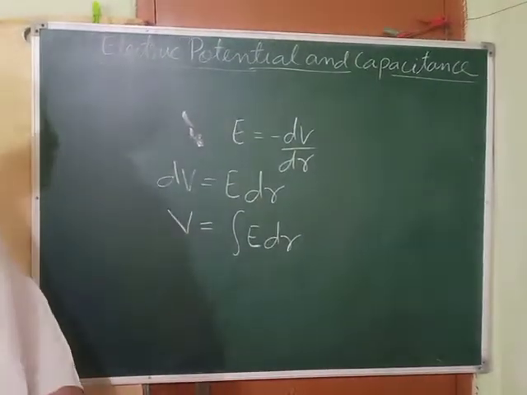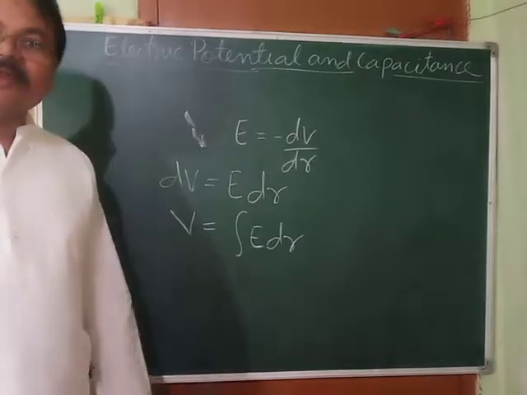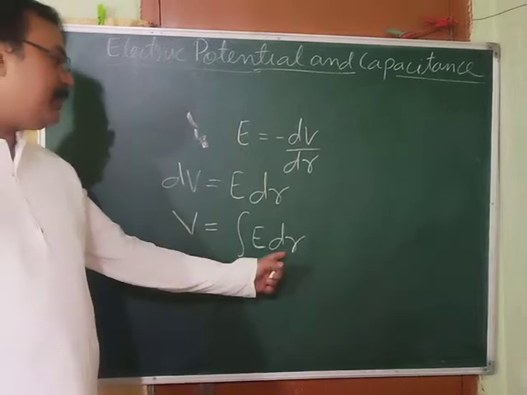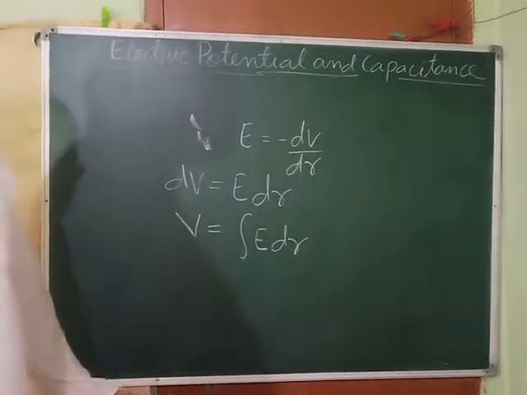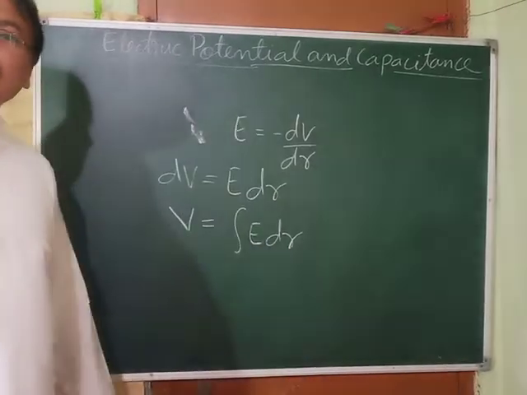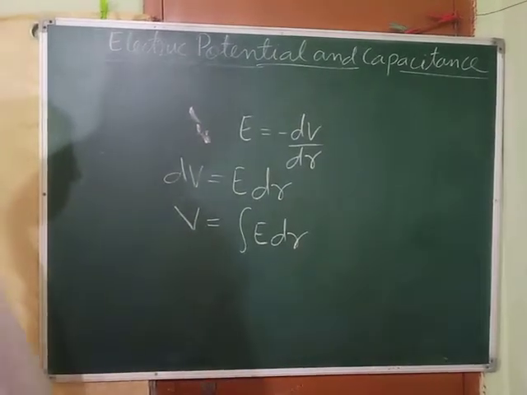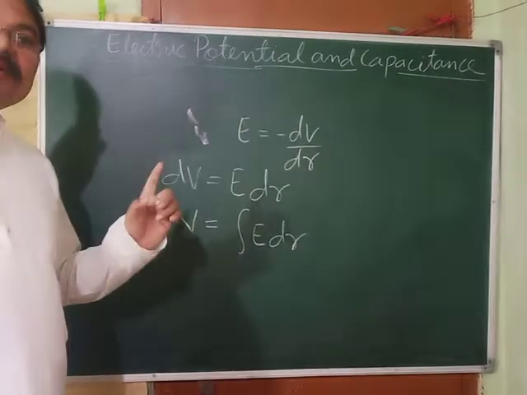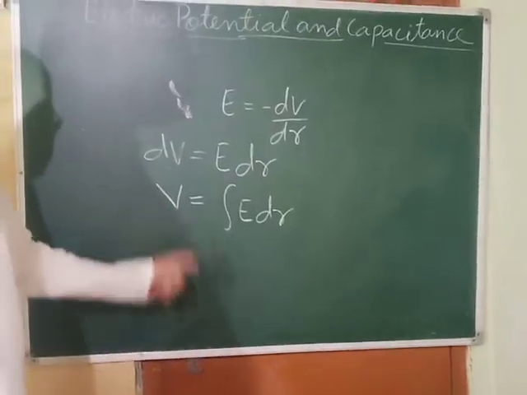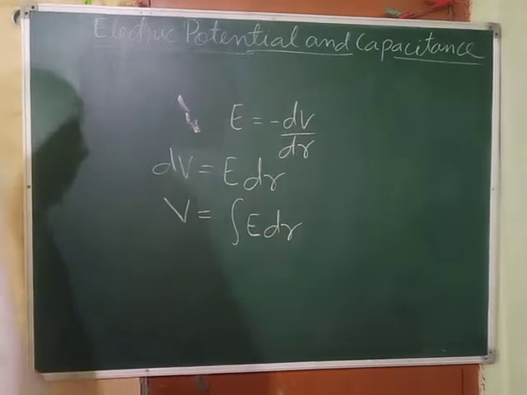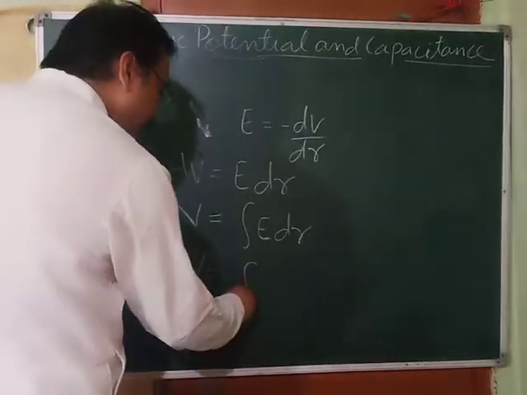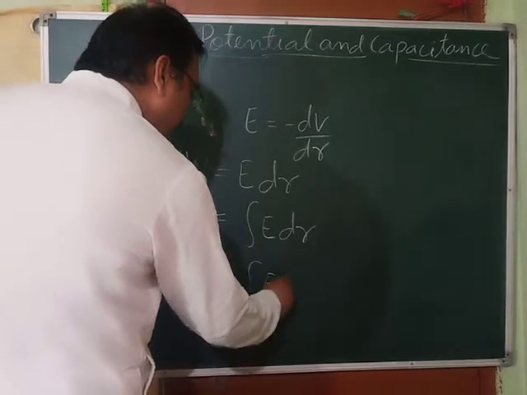Okay. Now, what is E? Electric field intensity. Is it a vector quantity or scalar? Vector. dr, distance, it is a radius vector, a vector quantity. Two vectors can have either a dot product or a cross product. Okay. So, for deciding whether it is dot product or cross product, see here, what is the result? It is scalar. Potential is scalar. So what should be there? Dot product, obviously. So we can write V is equal to integral of E dot dr.